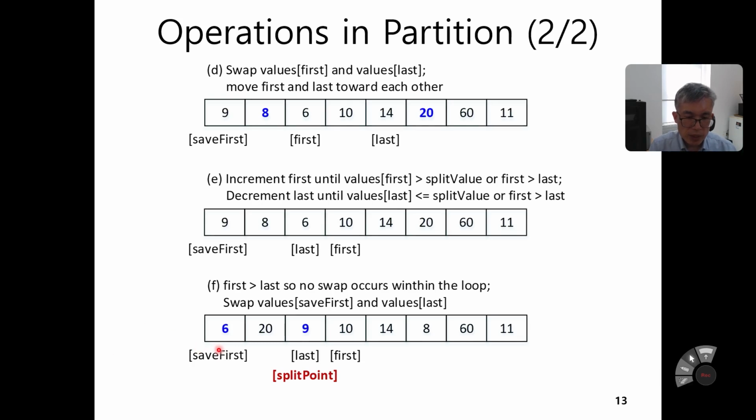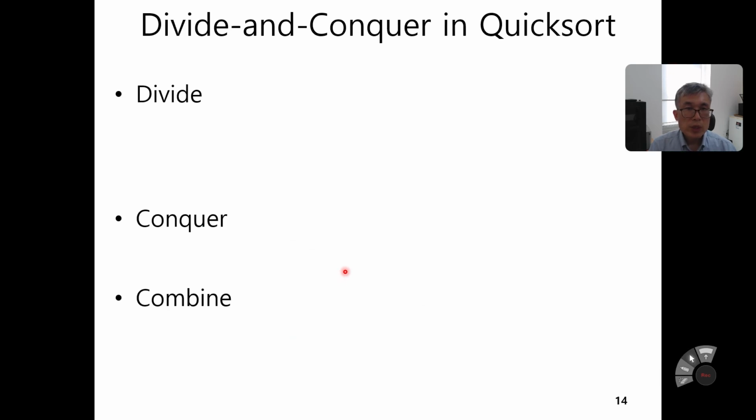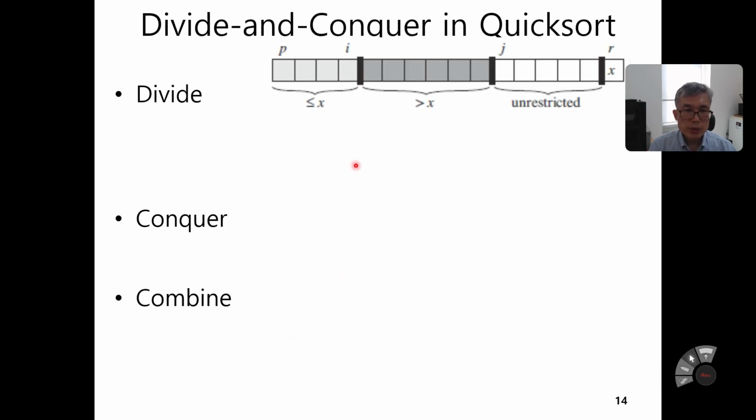So in this resulting case, you can see this is the pivot split point, right? So the left-hand side, this part, is less than or equal to this one, and this one is greater than this part. So for divide and conquer in quicksort, we have some ideas, variations, on how to implement partition.